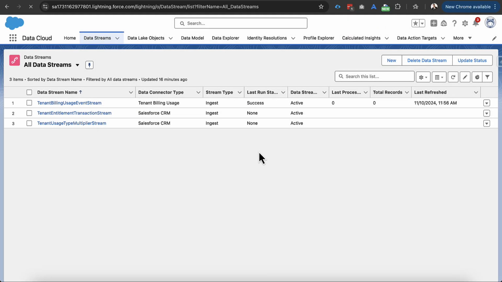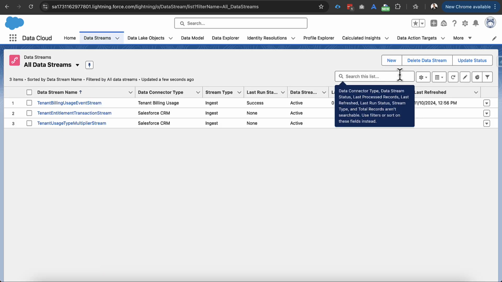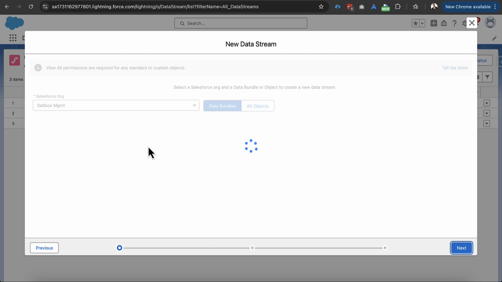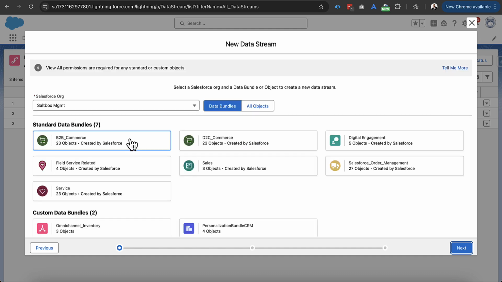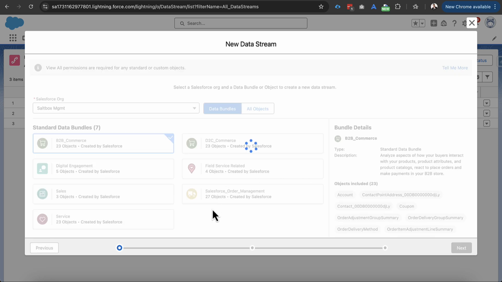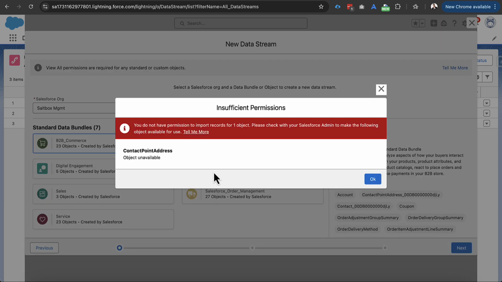And we're going to do a refresh. And we're going to try to do that one more time. And we'll hop into our B2B bundle again. These screens do take a moment to load, so there we go. So we'll pop over into Next. And it looks like we got the rest of the issues fixed, but we also don't have the contact